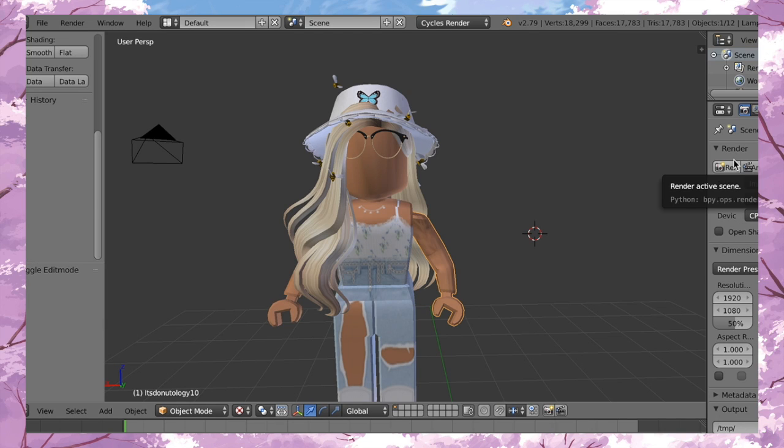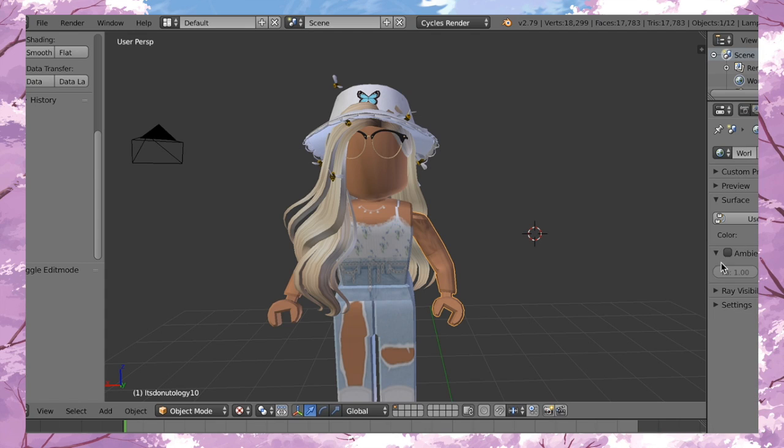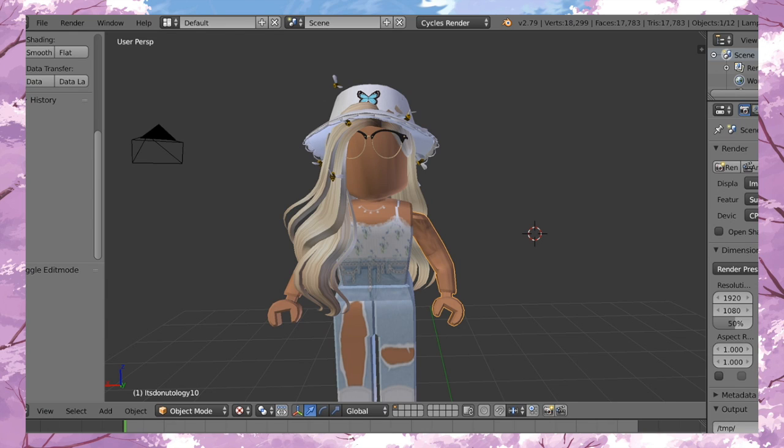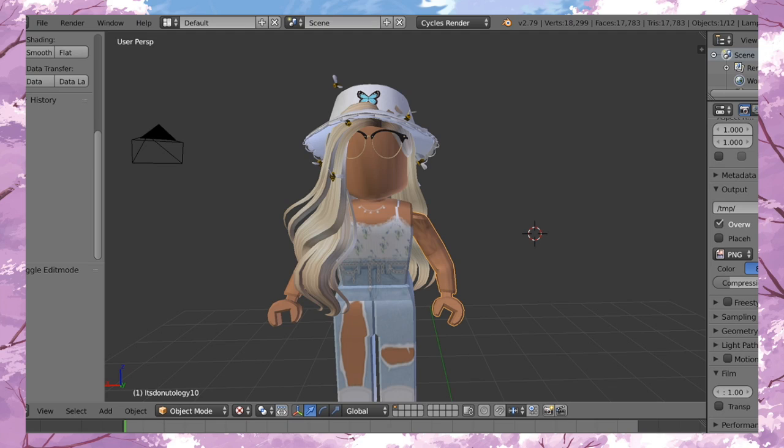There are a couple of settings you need to do to your GFX before you render it. So you need to go to the globe, and then you need to click ambient occlusion. That just gives you the lighting for your GFX. So make sure to click this button, and then you go over to the camera, and then you go down. And I'm gonna save my GFX with a transparent background because I want to put it on another background before I get started. So I just go to film, and then I click transparent, and then it just saves without